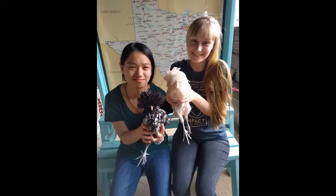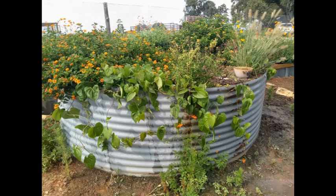And of course, we do have the native turkeys out there also. I saw that. Those are some of my favorite to see. Oh, they're big and beautiful. Yeah. And of course, we do have the bee apiary, which came before the